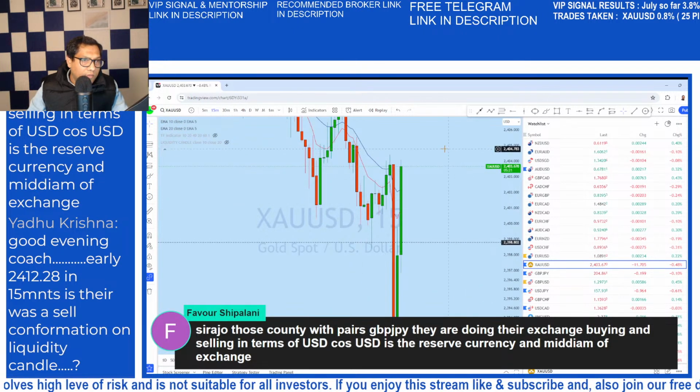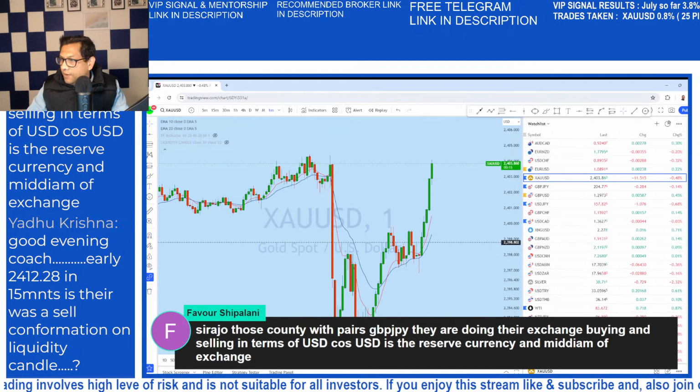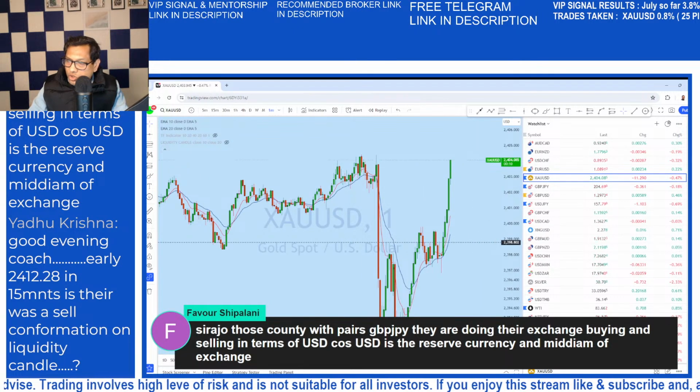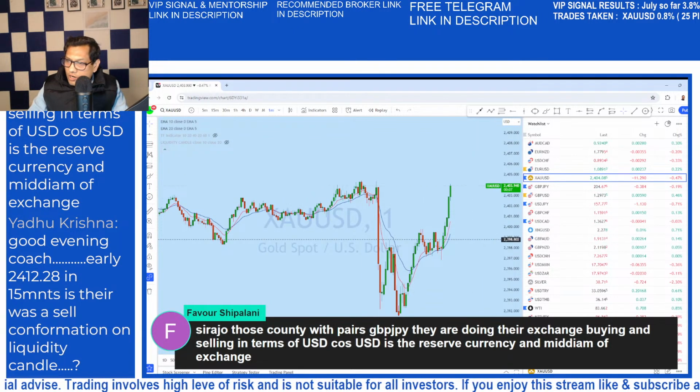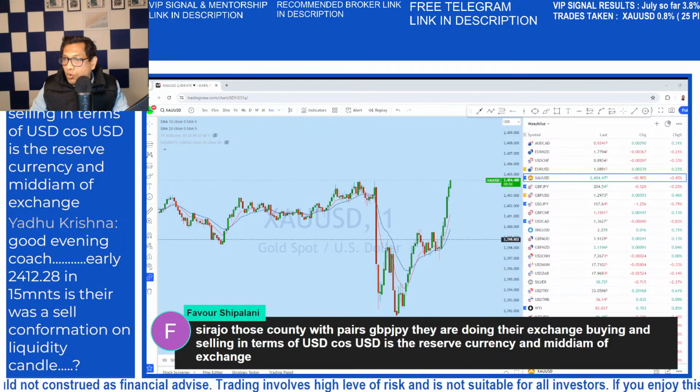Okay, gold has got a bounce here, a pretty strong bounce, and yeah, we had a pretty successful trading session early today, and I believe that you traders enjoyed the live session early today. Pretty successful session again. In the beginning of the session, we had a very successful winning trade, and we'd like to keep trading that way.